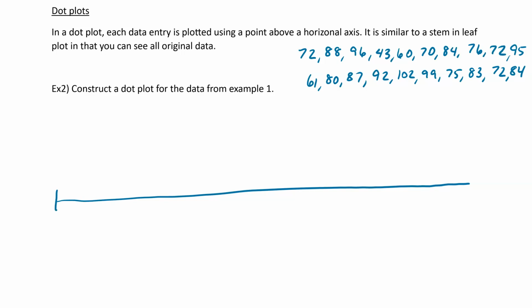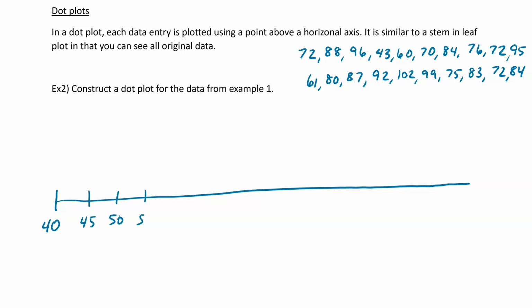In fact, since 43 is the minimum, we can start it at, say, a nice number like 40. Then we're going to keep going until we get all the way up to at least 102. For this example, I'm going to go by 5s, so 45,